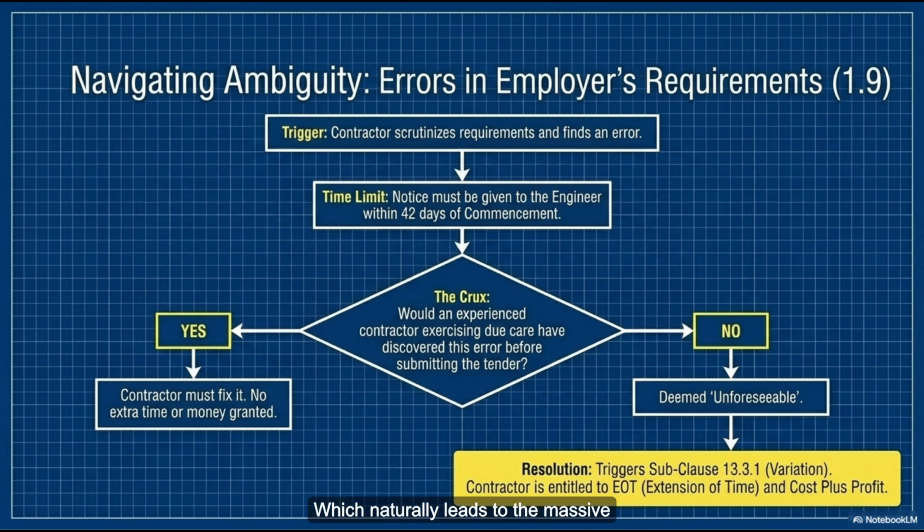Which naturally leads to the massive headache of what happens when the paper trail argues with itself, right? You have design specs, schedules, safety protocols, legal boilerplate. Contradictions have to be inevitable. Oh, they are a mathematical certainty on a project of this scale. You can't avoid them. So the FIDIC contract anticipates this with the priority of documents. It's a literal hierarchy. If two documents fight, the one higher on the list wins out. Looking at the list, it really seems to tell a chronological story of how the deal was negotiated. At the very bottom, at number 7, you have the contractor's proposal.